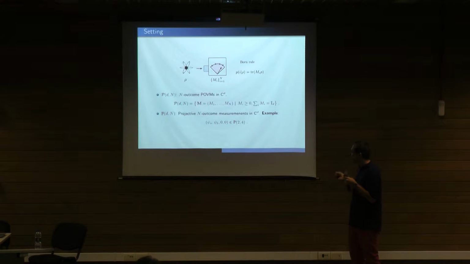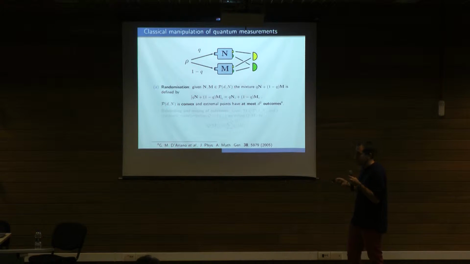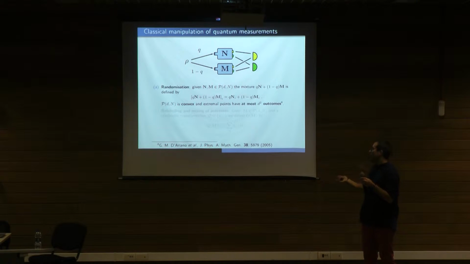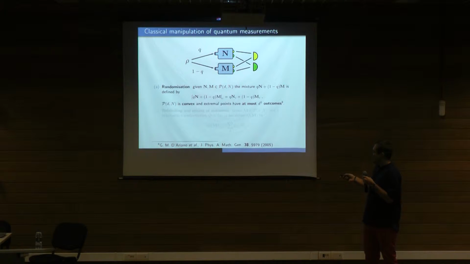Okay, so that's somehow for mathematical convenience. And now, using this notation, I can formalize notions of classical processing that we can do with measurements. So we can do randomization that corresponds to implementing different measurements with some probability. When we have some measurements M and N, then we can take their convex combination. In an operational sense, the meaning of this is that with probability q we implement one measurement, with probability